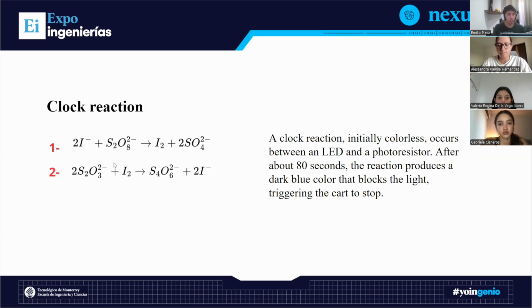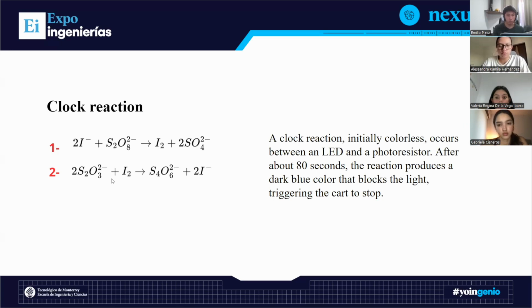The first one is the oxidation step, in which iodide ions are oxidized by persulfate to form iodine. However, this is just the first step, and in this step there's still no color change. This happens in the second step, during the second equation, which is this one,